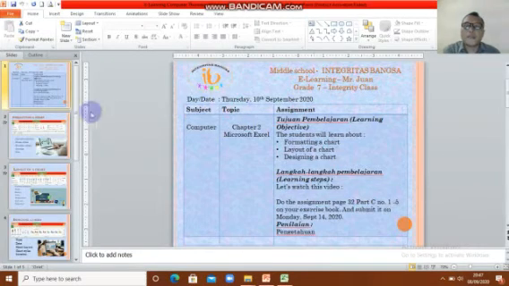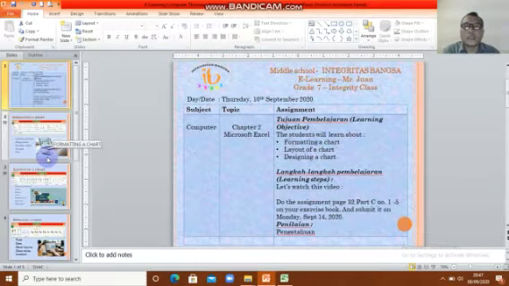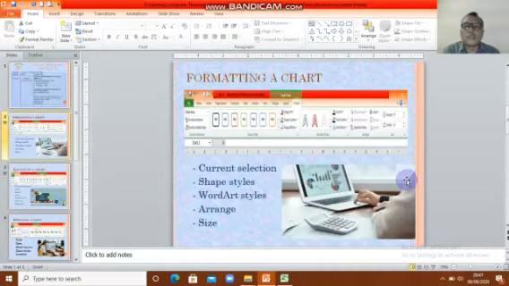Okay, look at this. Formatting a chart is in the menu or ribbon Format. You will see the current selection, shape style, WordArt style, and arrange and size.